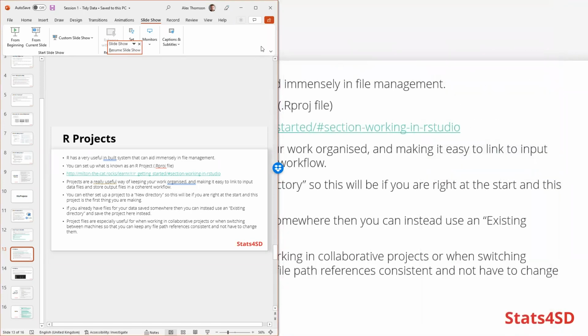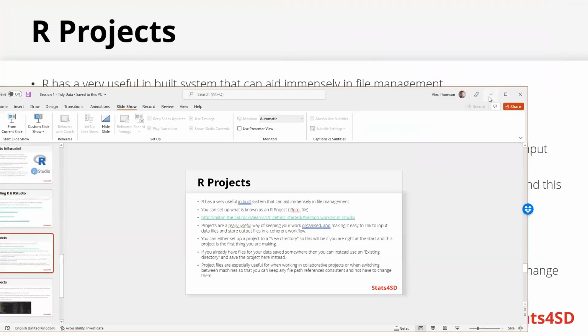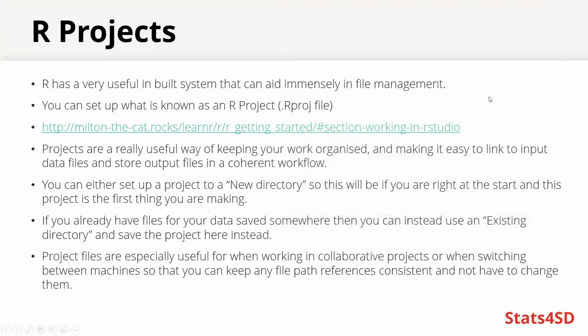I think we might have, there we go. Something else in the chat. Can RStudio be used to include data from a semi-structured? I would say